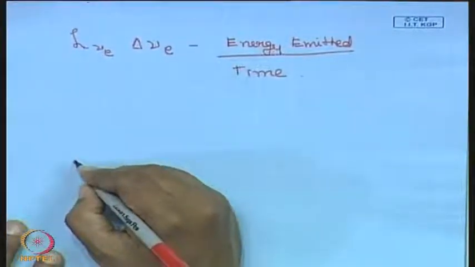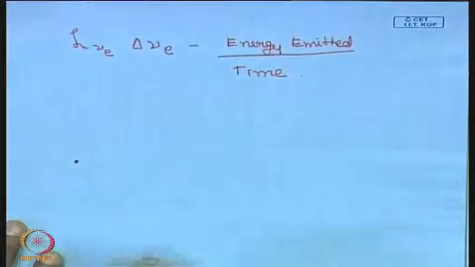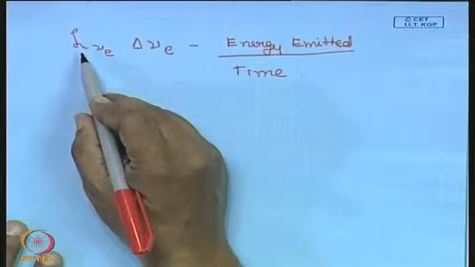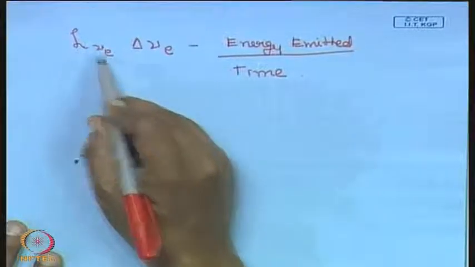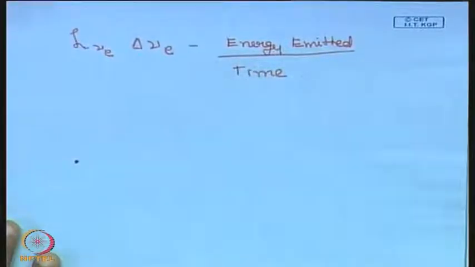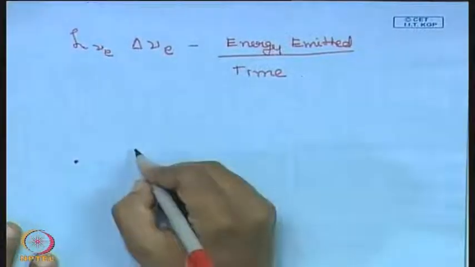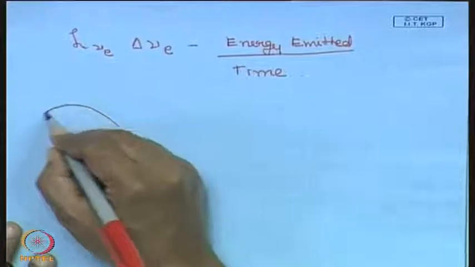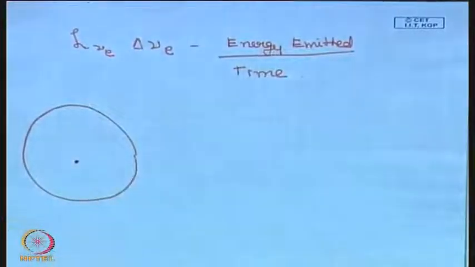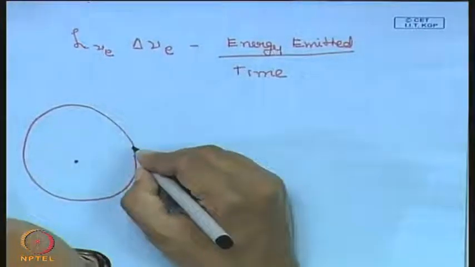Okay. So, there is a source over here which is emitting radiation, and this is the luminosity in a particular frequency interval. If I multiply it with the frequency interval, I get the amount of energy it radiates per unit time. And we want to find what will be the flux that will be measured by an observer over here.